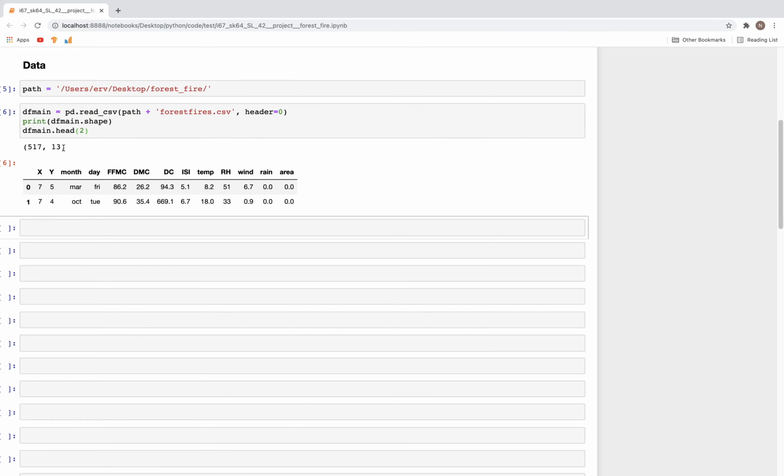So we have around 517 records, 13 columns. One of that is a target column. So we have 12 features that we start with. Now, I tried a couple of iterations